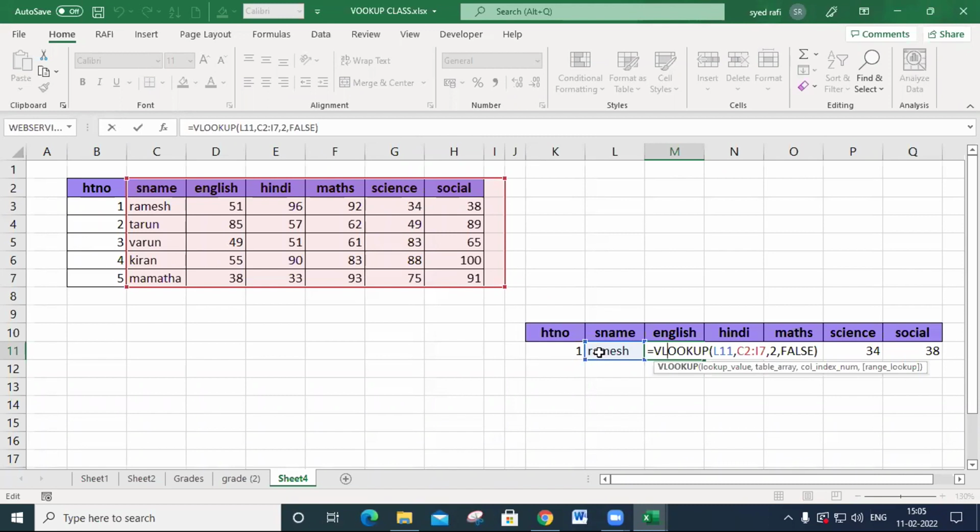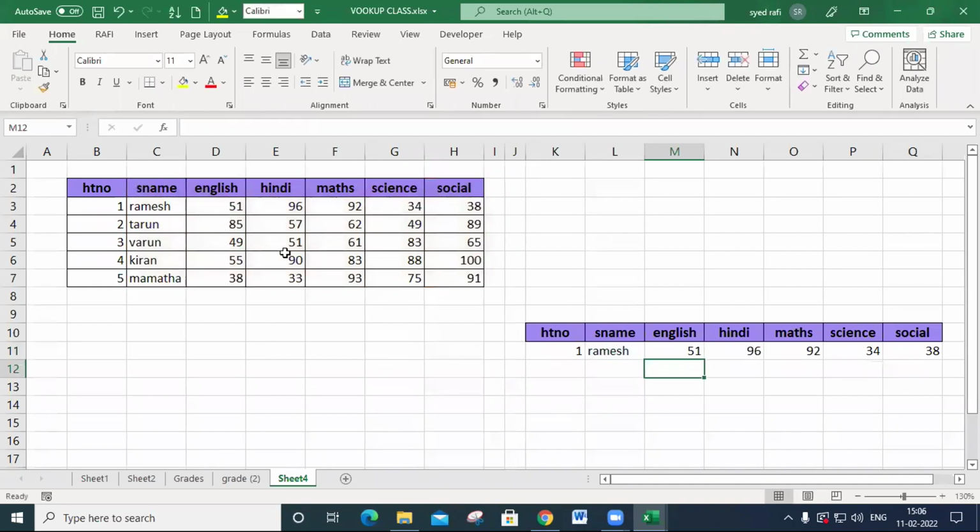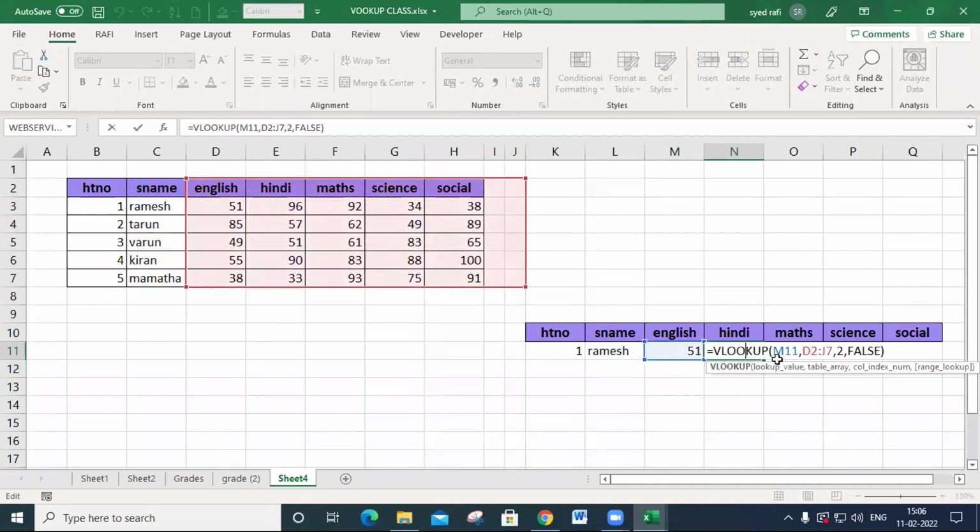Instead of this one, it takes this one, and the second column is English, that's why it is displayed correctly. Each and every column is shifted to the right. That's why we get this correct answer, but it is not a correct manner.